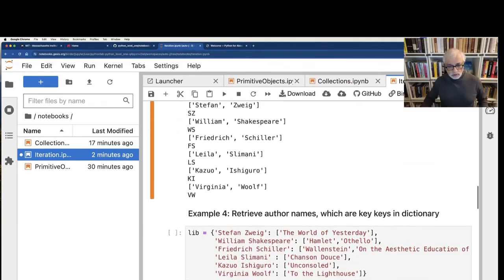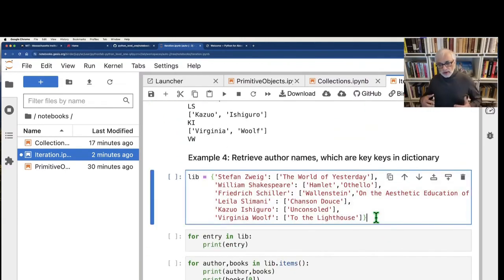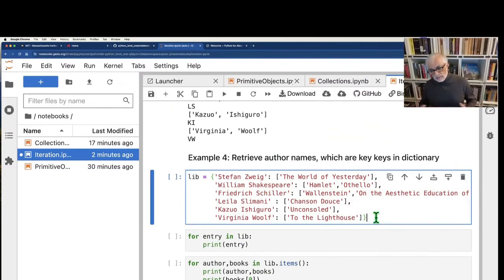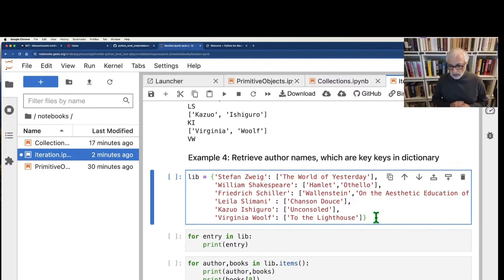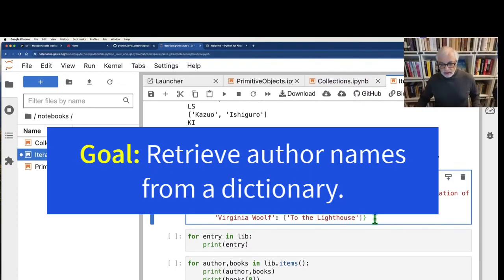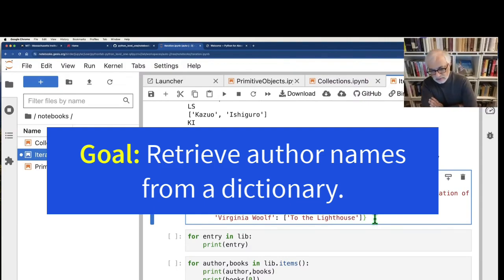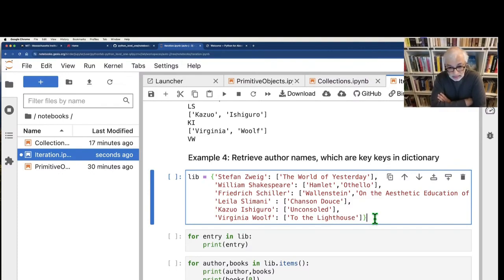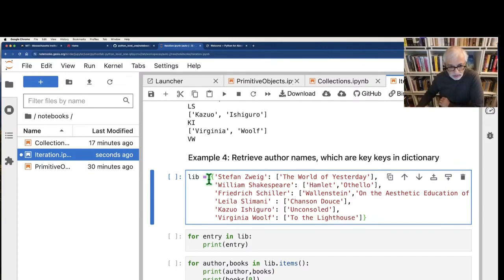Okay, so here's another quick example. This is actually a much better way of structuring your library. I'm going to call it LIB. Here, instead of using nested lists, what we're doing is setting up a library, a database, if you will. So here we're setting up a dictionary. Dictionary is called library, or LIB. We define a dictionary with